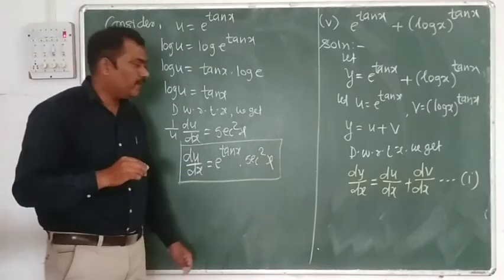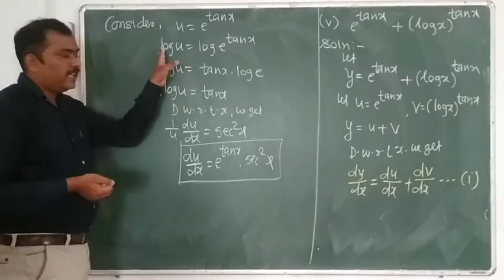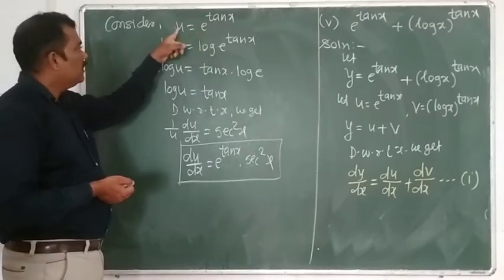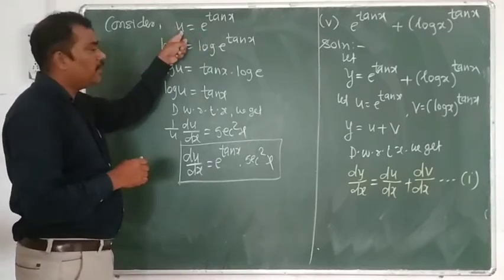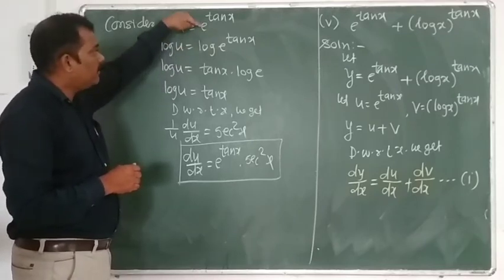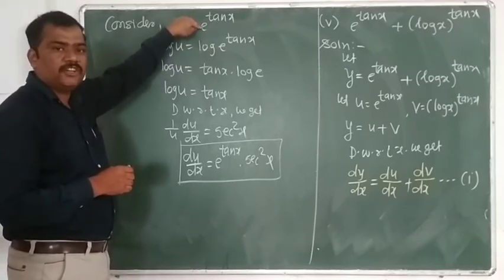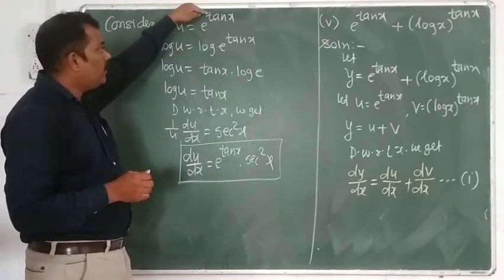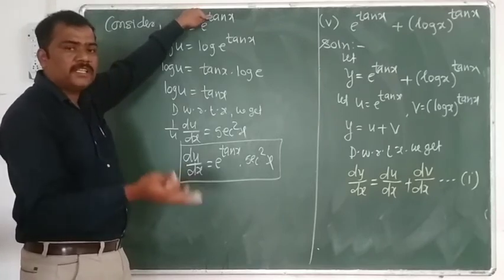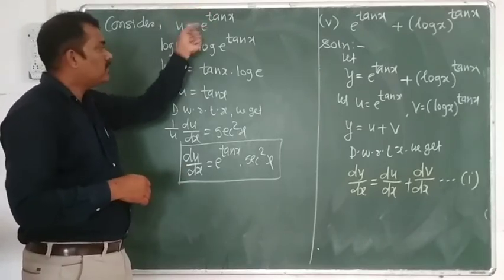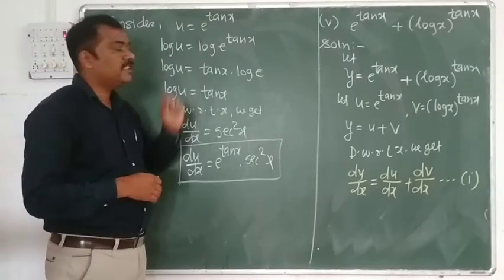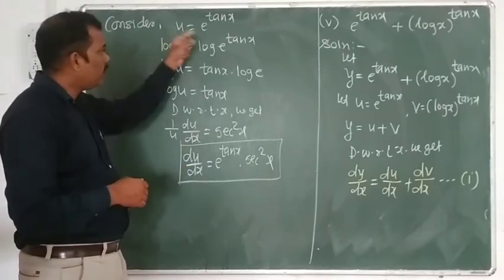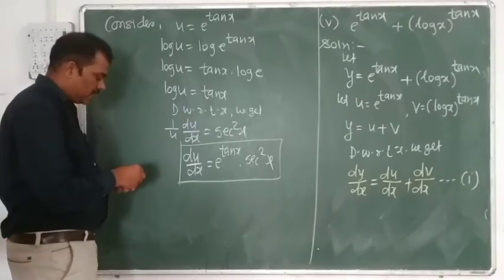Also we have to find the value of dv by dx. Without taking the log, we have to also find its derivative. How to do that? We have to differentiate this directly. Differentiation of u with respect to x is nothing but du by dx. First we keep the finger on e, that is the exponential function. What is the derivative of e raised to x? e raised to x. So we get e raised to tan x, and then we differentiate tan x with respect to x, which is nothing but sec square x. Without taking the log, we can also find the differentiation of this type of function, that is e raised to tan x. This one is simple, so we find the derivative directly. But when the function is complicated, at that time we have to take the log on both sides. Here we have to give the second number.